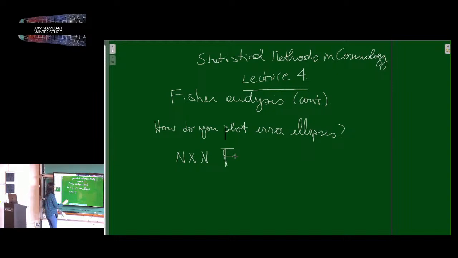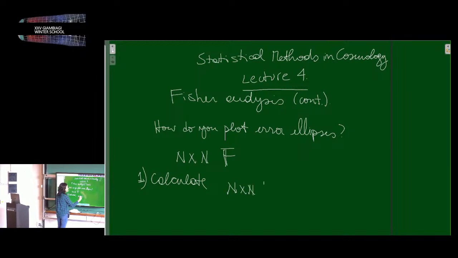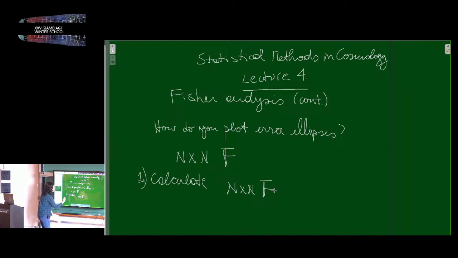So what you do is you calculate, this is the way to do it. First you calculate, let me put steps. You calculate the n cross n Fisher matrix, okay? Then you invert it, and in this process of inversion, you are making all of the parameters talk to each other, okay? So this is helpful for marginalization,